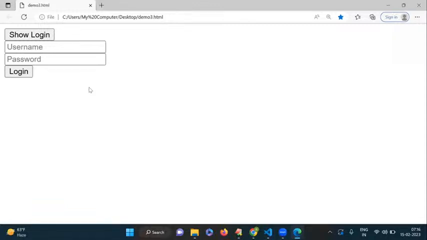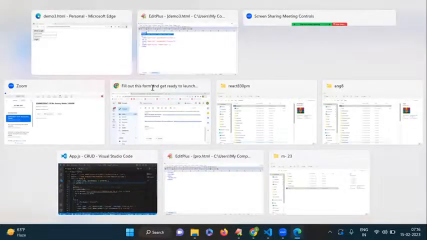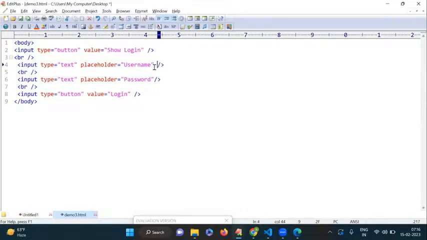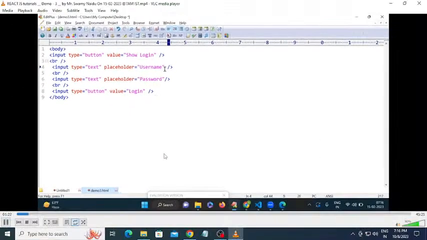Yes. Initially I want to hide this login form. Then how can I hide it? For that we are using one CSS property. We can use a CSS property or